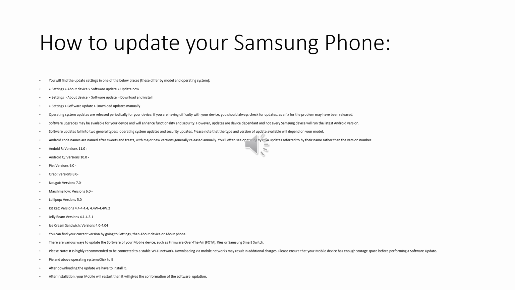Software update, this is the heading. Download and install. Last checked on September 23rd, 2020. Downloading via mobile networks may result in additional charges. If possible, download via a Wi-Fi network instead. It's announcing software update and the previously checked date. If we want to check our software update in our mobile, we have to select this one or tap this one. Okay, I am swiping left to right again.